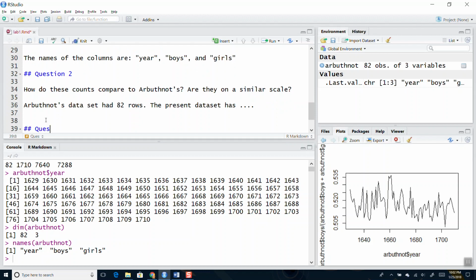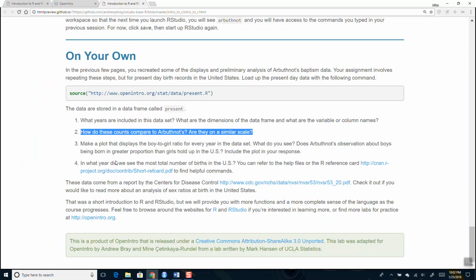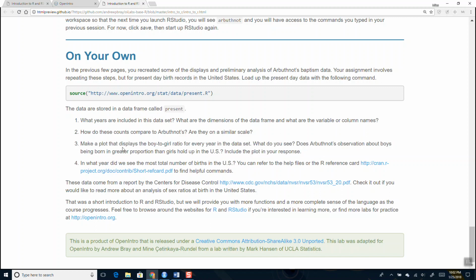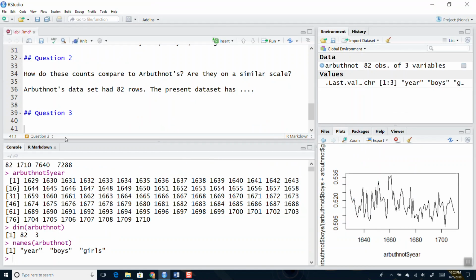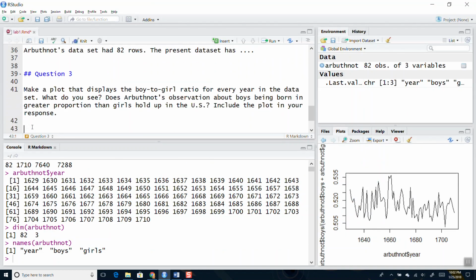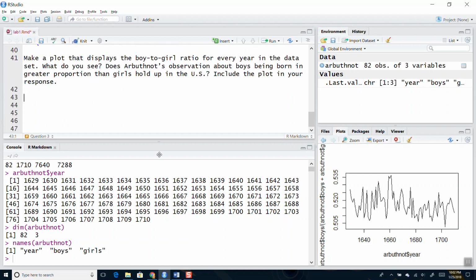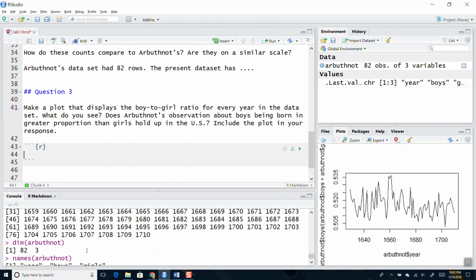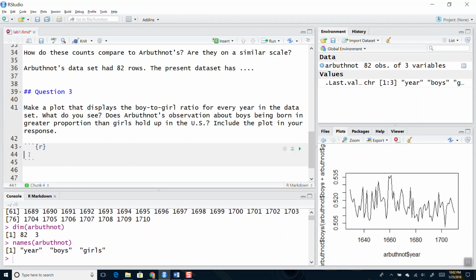Okay, and then the next part, question 3, says make a plot that displays the boy to girl ratio for every year in the data set. What do you see? Does Arbuthnot's observation about boys being born in greater proportion than girls hold up in the US? Include the plot in your response. So we'll copy and paste the text for question 3 here, and then if you want to include a plot, it's much the same. You just insert an R code chunk,